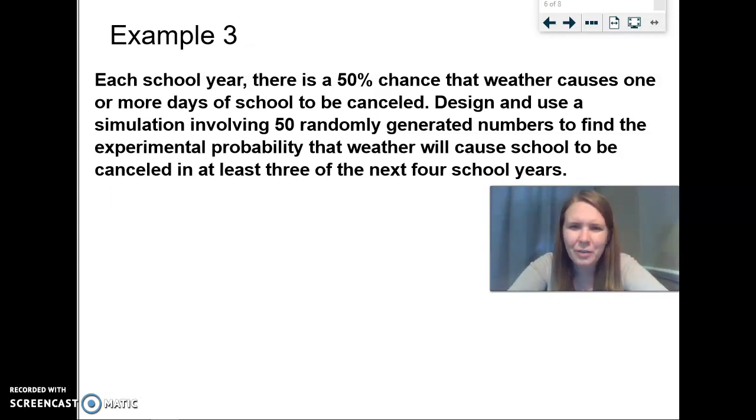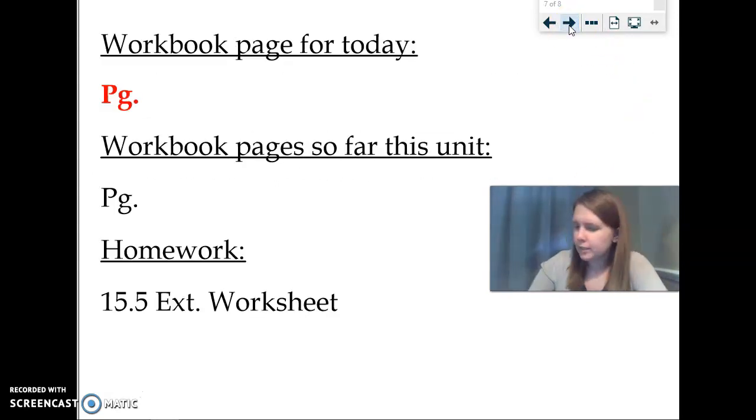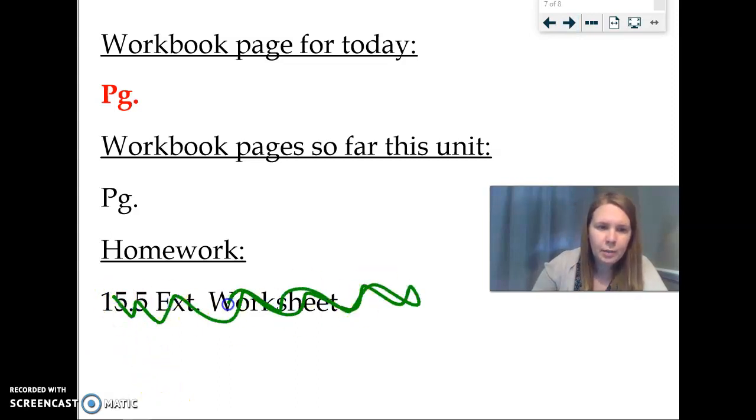This one actually, I mean, if there's a 50% chance, you could use a coin flip. So you could say heads we have school and tails we don't have school. And then doing it for 4 days. So like we did that flip, instead of doing 3 coins, do 4 coins. I'm actually going to leave it as this. If you want to do this simulation, you can, but this is just kind of an intro video on how to do those simulations. And this is an extension lesson, so we don't even have a worksheet,